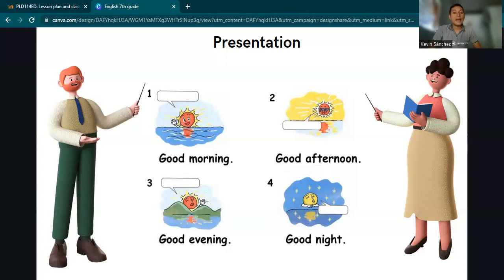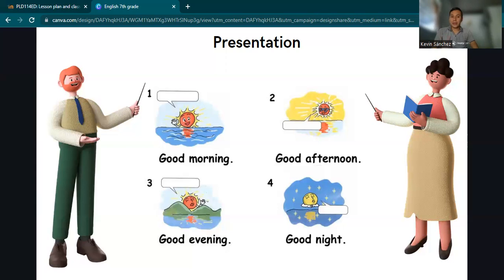Okay. And what's the difference between good evening and good night? Okay, this is when you say good night when you are ready to sleep. Some people say that we can use good night from 9 p.m. So they say that we can use good night for that hour. But we can also use good night when you're ready to sleep. When you're ready to sleep, you say good night. Okay.